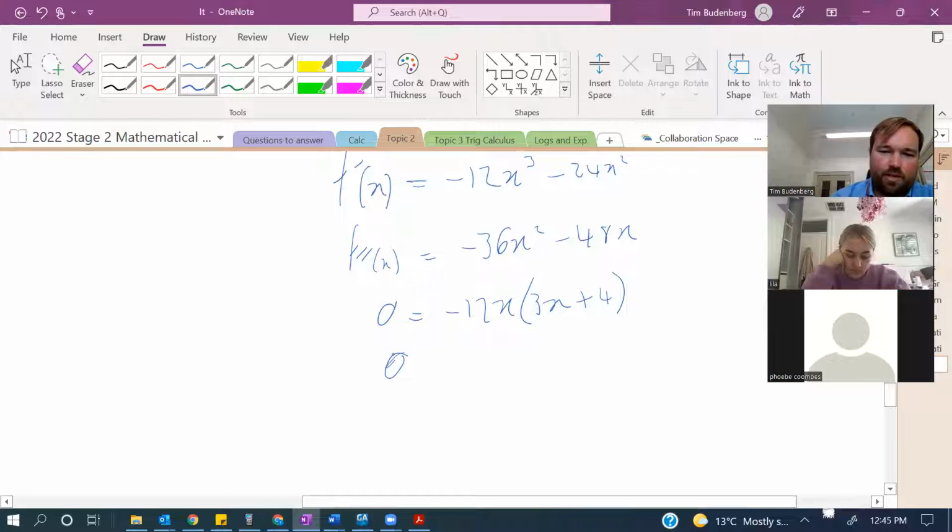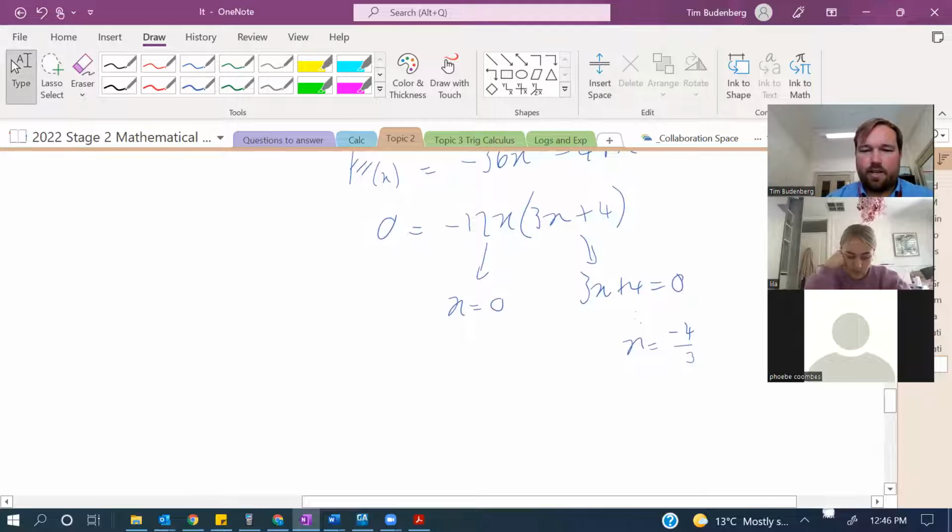Your solutions come from either x equals 0, or you set 3x plus 4 to equal 0, take 4 from both sides and divide by 3, and x equals minus 4 on 3. Then our sign diagram for the second derivative, f double dash x,